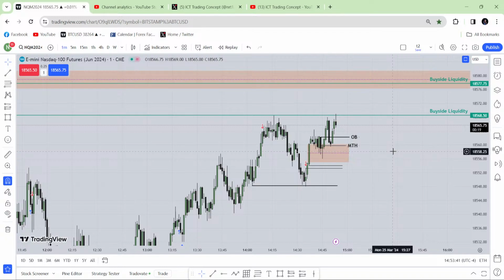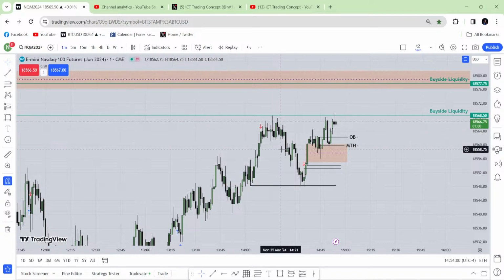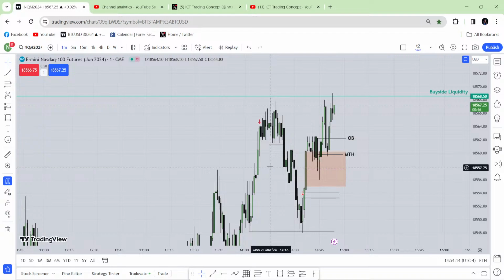You said the 224 candle was valid for market structure shift, but in the old parabolic gap, it is valid for MSS. What is your question? You said 224. This candle, what did you say? Yeah, this is a displacement. But yes, I said that this is a market structure shift. It has met the rules.